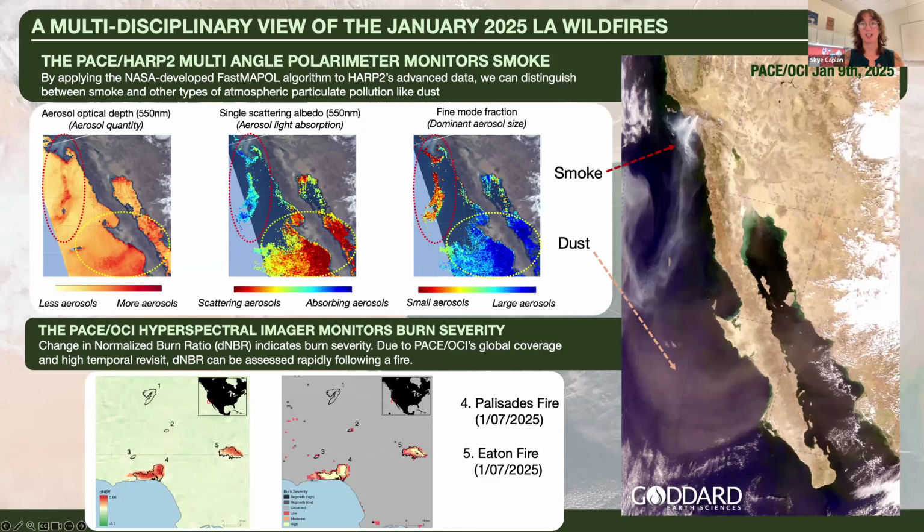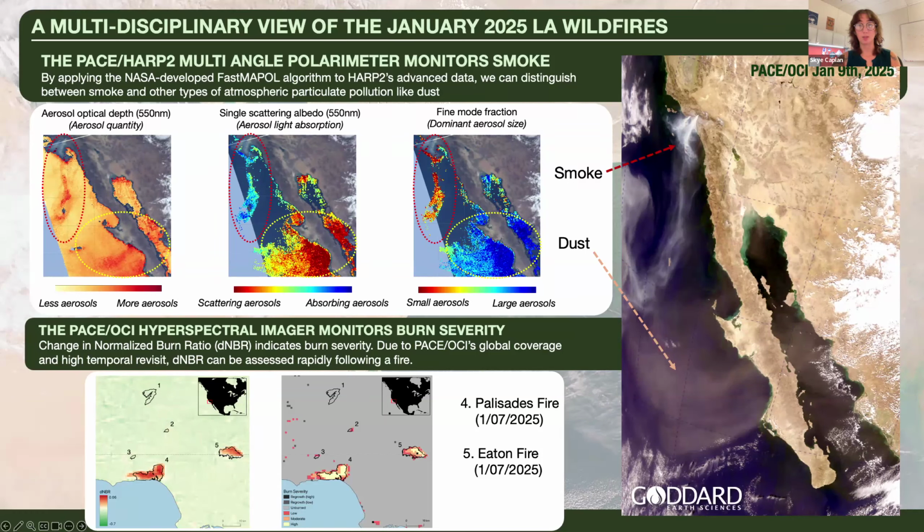And I know I said that this talk is only focusing on OCI, but I would be completely remiss if I didn't mention at least a little bit of the work being done with the polarimeters, in this case, HARP2. Especially since we all recognize the Earth as a system, it's really important to talk about how we can look at the outcomes of fires in addition to just the burn scar tracking. So my colleague Meng Gao at the Ocean Ecology Lab has developed an algorithm called FastMAPOL, which uses the HARP2 data to go beyond aerosol quantity metrics into characterizing the size and the scattering of those particles, which leads to better